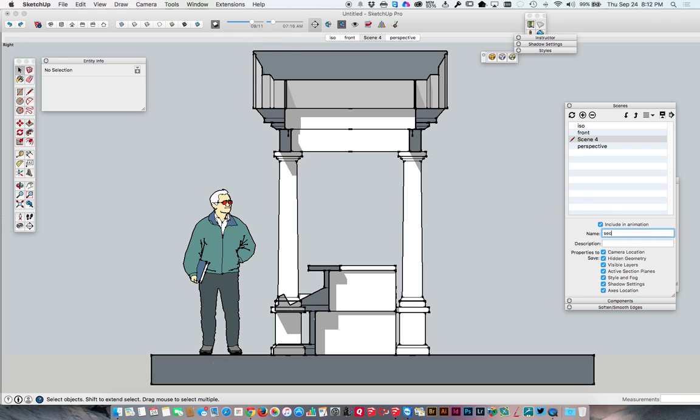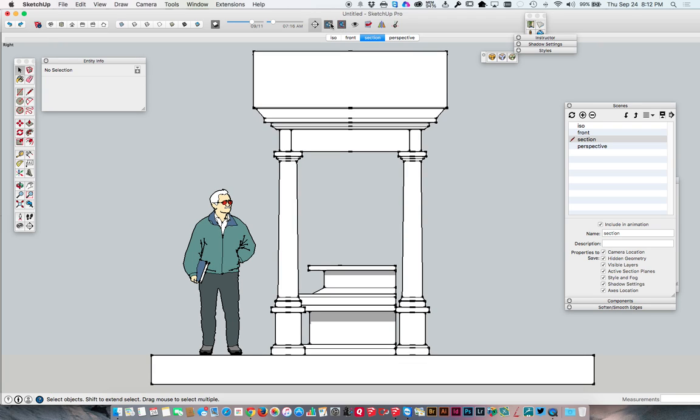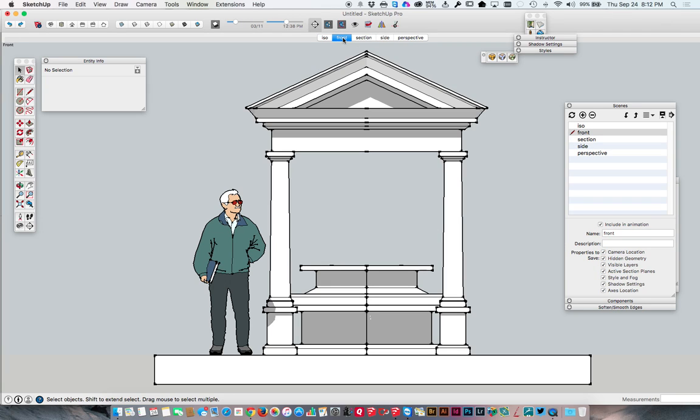So we'll call this section. And then I could do another one where I just turn off the section entirely. Right click and say add, and call this one side elevation. And so now I've got an ISO, I've got a front view, I've got